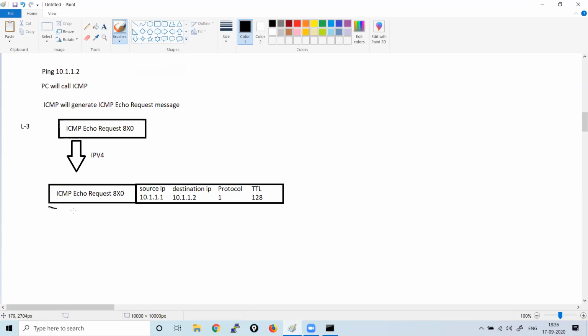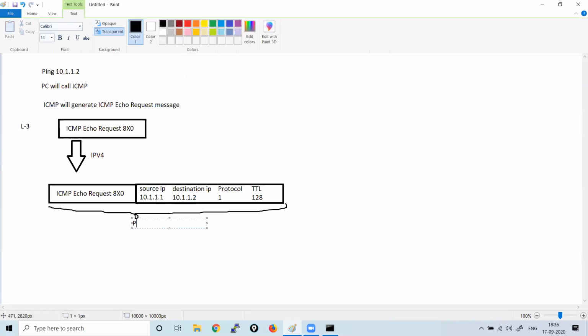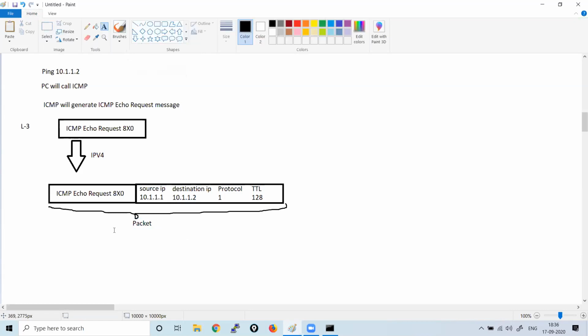Packet. Now, layer 3 job is done. Fine. Now, before handing over this particular packet to layer 2, what the PC does is PC will perform,